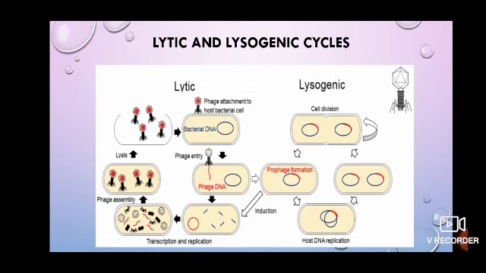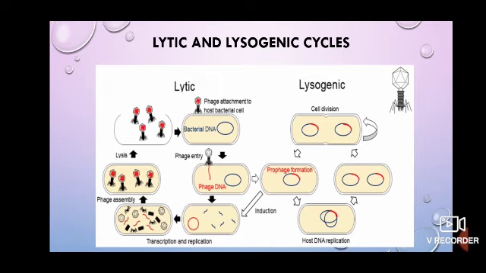In the second picture, observe the right side of this diagram. After it integrates into the host cell DNA, into the bacterial DNA, the T4 phage DNA is now called a prophage. The host bacterium containing a prophage is called a lysogenic bacterium or a lysogen. The prophage is nothing but the double-stranded DNA of the T4 phage that has incorporated itself into the Escherichia coli genomic DNA.